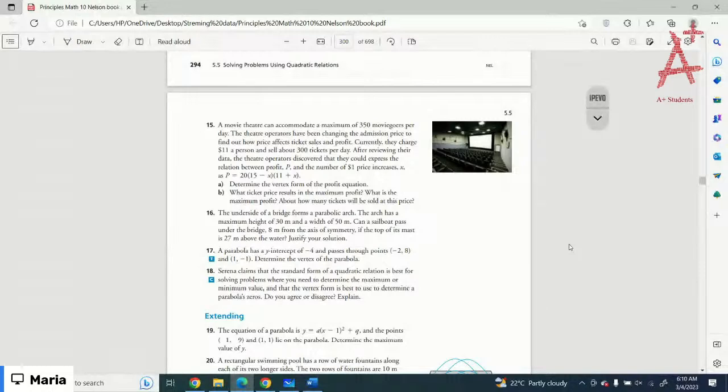Determine the vertex form of the profit equation. What ticket price results in the maximum profit? What is the maximum profit? About how many tickets will be sold at this price? Got it? So the equation is